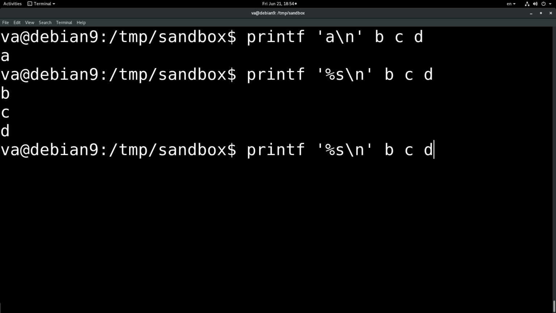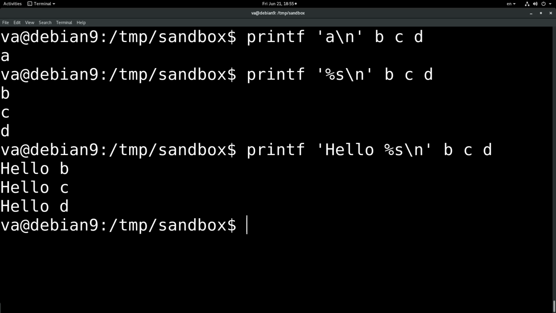We can do other useful stuff. For example, we can say here hello to each argument, and if we run this, the result is that we print hello plus the argument for each of the provided arguments. As you can see, it quickly becomes very useful. We can manipulate text and numbers in very useful ways,